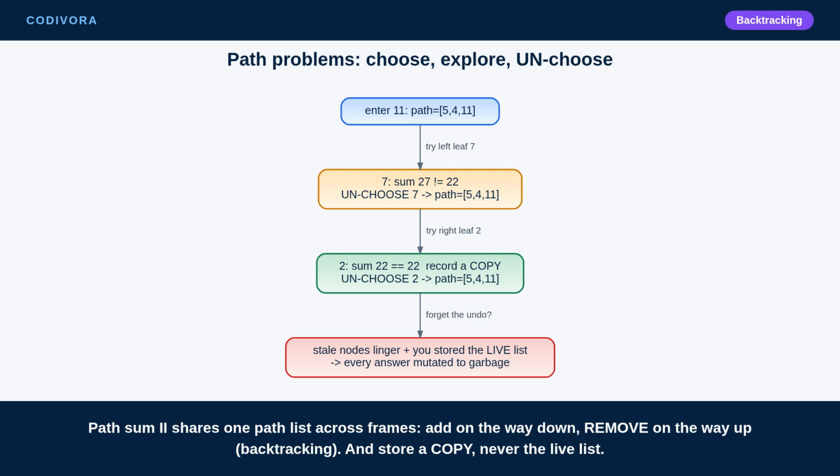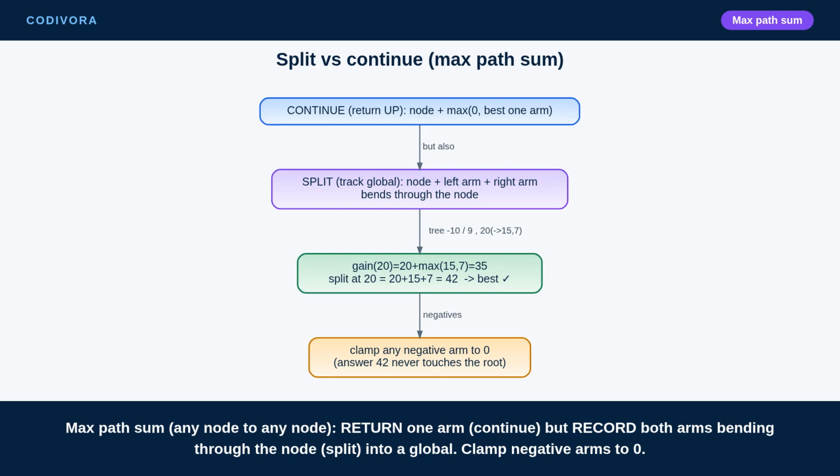Two classic bugs here. Forget the remove, and stale nodes linger on the list. And if you store the live list instead of a fresh copy, every saved answer points at the same list and gets mutated to garbage. Snapshot and undo. The hardest cousin is max path sum, any node to any node, and it is the split